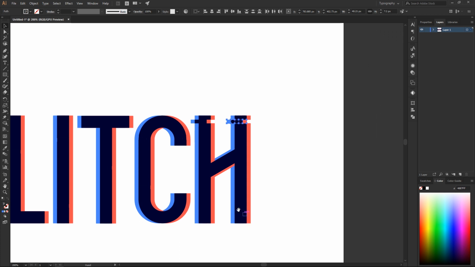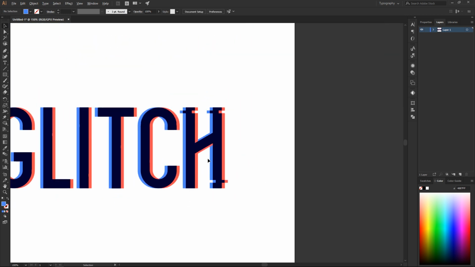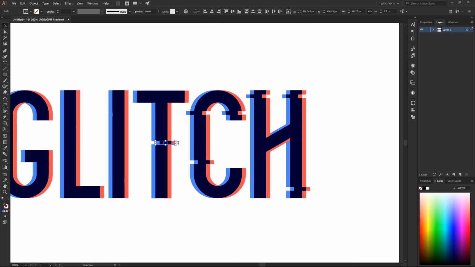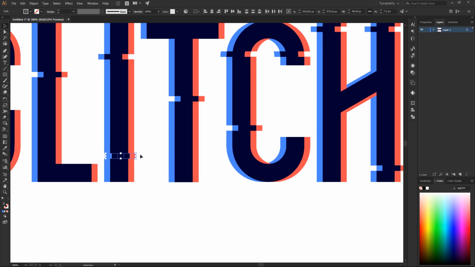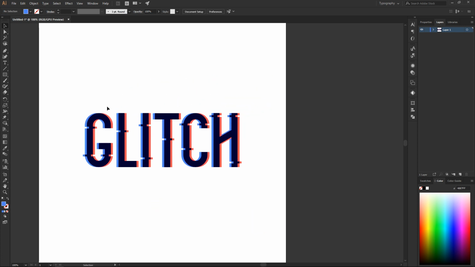And then down here, we're going to select them and then go 8 to the right. So it doesn't matter whether you go left or right. So that's the effect done. As you can see, it's a really cool,